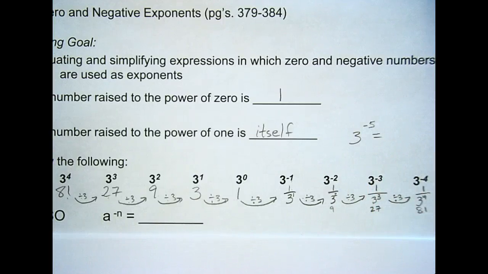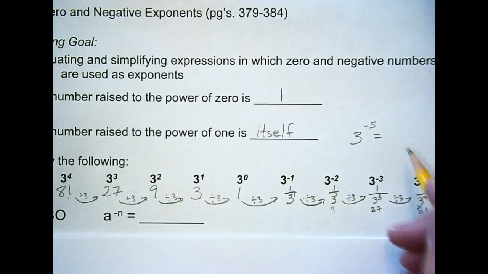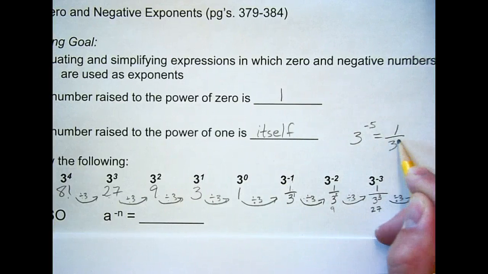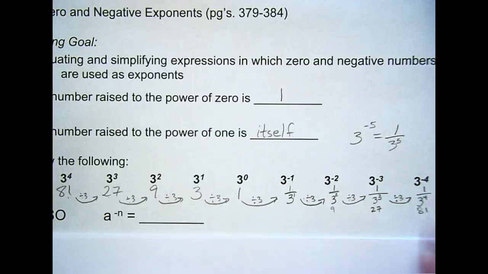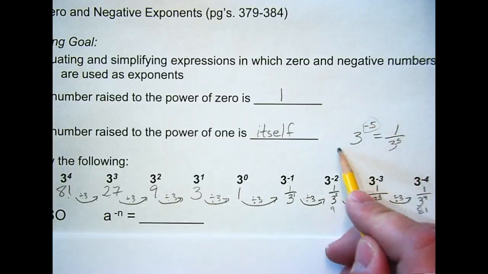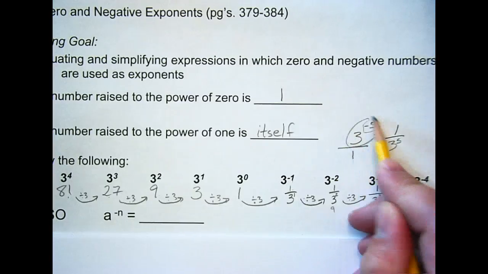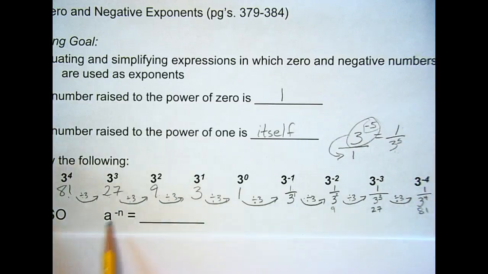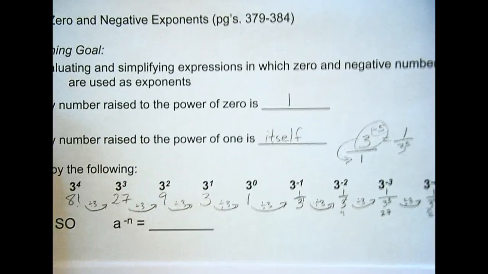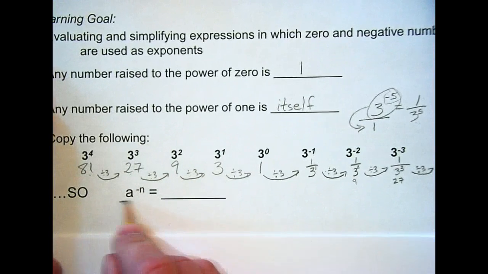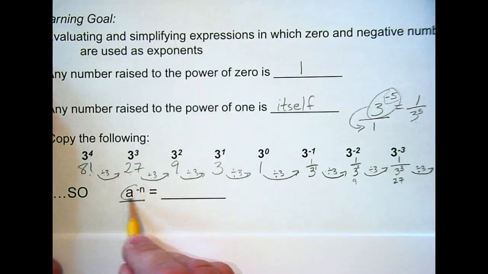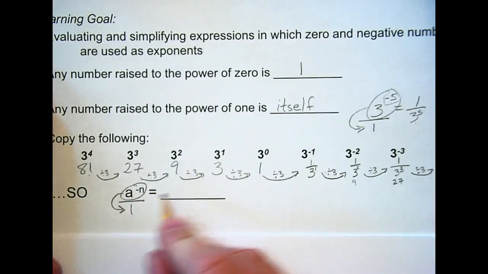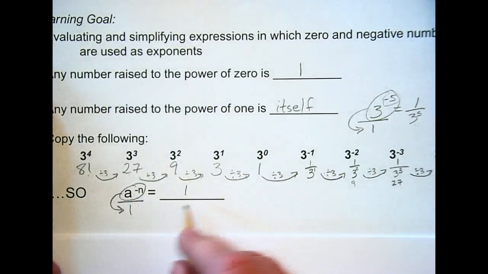Bree, what do you think? 1 over 3 to the 5th. Okay, yeah, I just put 1 over 3 to the 5th, right? If it's a negative exponent, I just think of it as a fraction, and I actually move this whole piece down to the other side of the fraction, in this case to the bottom. So if I have a to the negative n, I've actually got to think of that as a fraction, and I got to move this whole piece down to the bottom. So that's going to leave a 1 on top, and on the bottom I'm going to have a to the